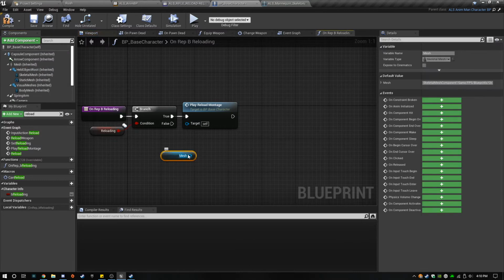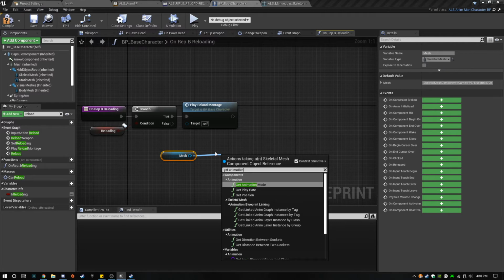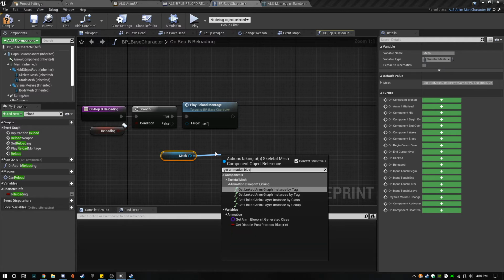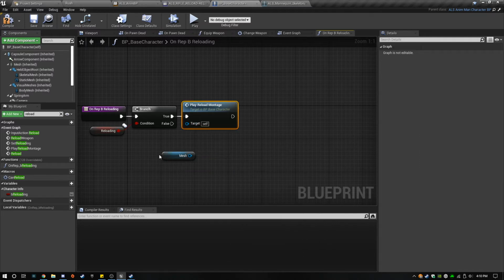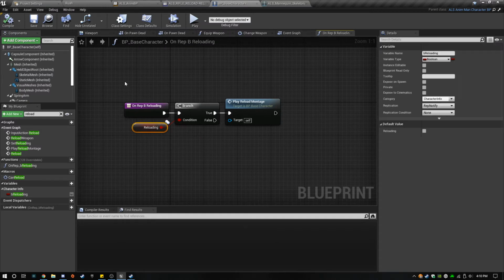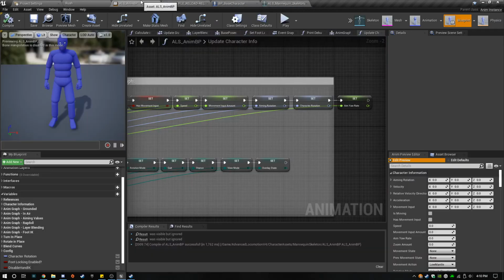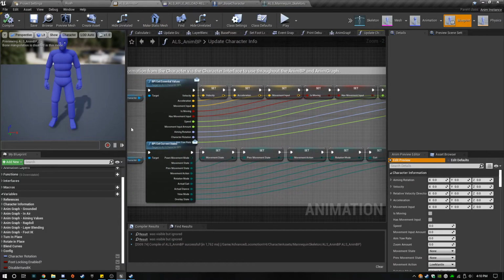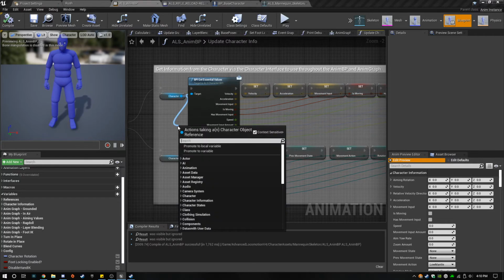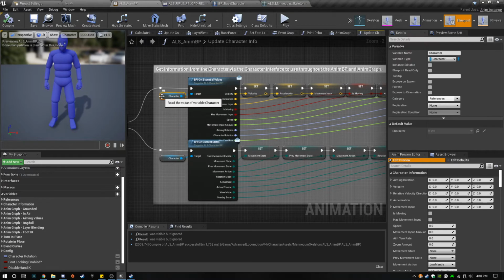So we're gonna pull the mesh. We're gonna get the animation blueprint. Actually, this is better. So we already have this rep reloading, and we're just gonna pull this rep reloading out from the character here. What type is this?